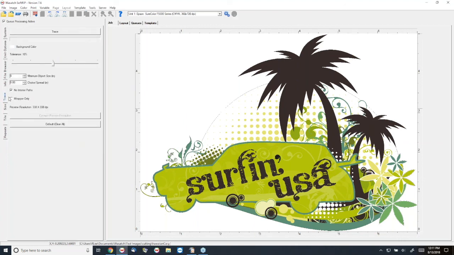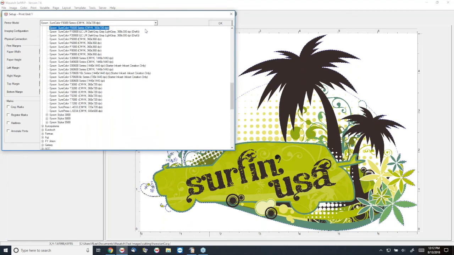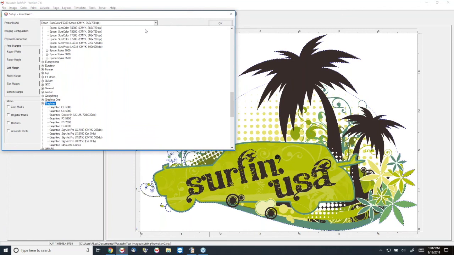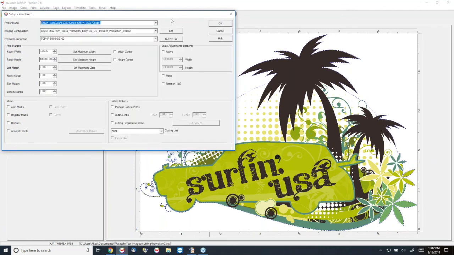The trace tool is typically related to cutting. If you've got artwork like this that doesn't have a layer to define the cut path, you can trace to generate that cut path. Okay. We print this file, and if you've got the cutting options added, then you have cutting devices in your device list. It's just the Graphtec, for example. Like I said, you can